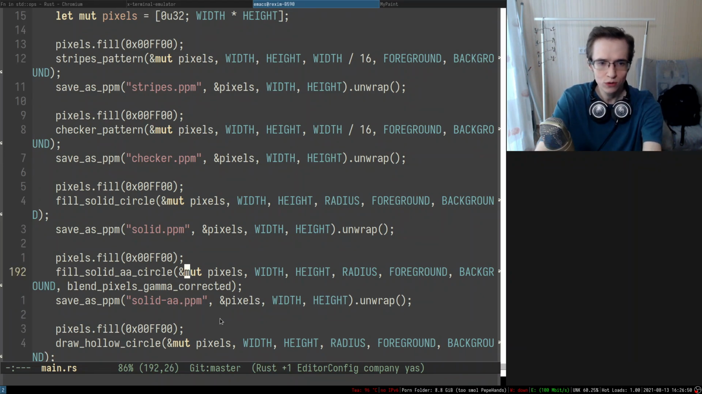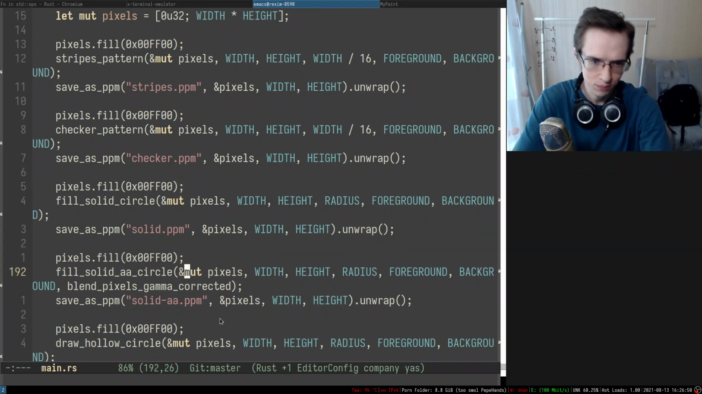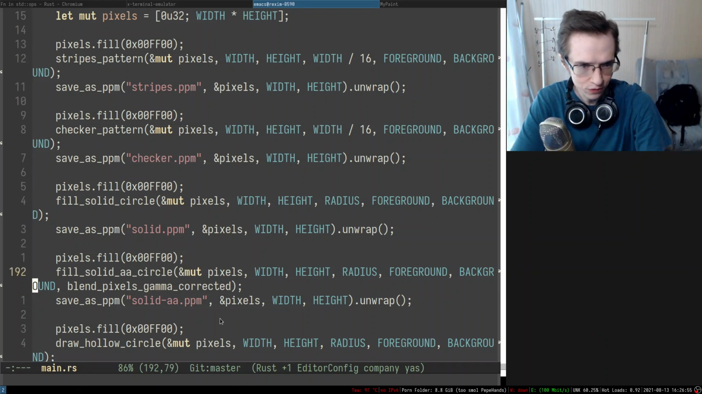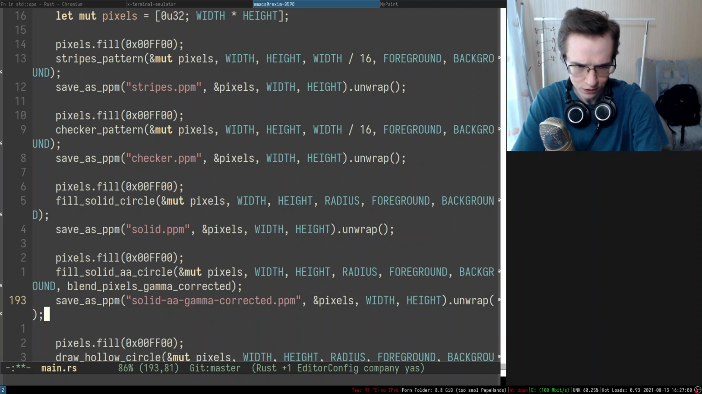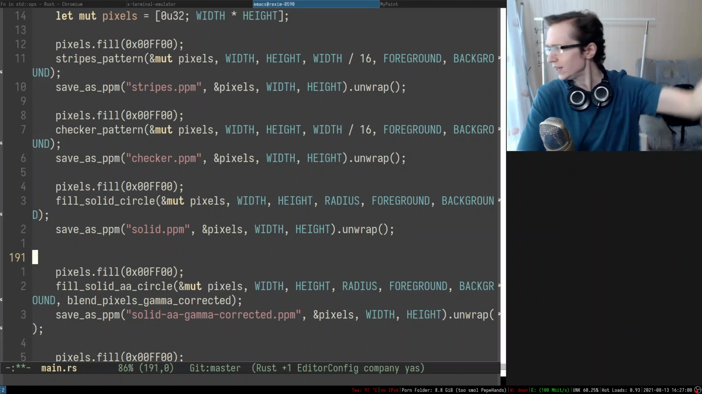All right, so we're going to do the following thing in here. So this one is going to be gamma corrected. So this is a gamma corrected thing. And we're also going to have